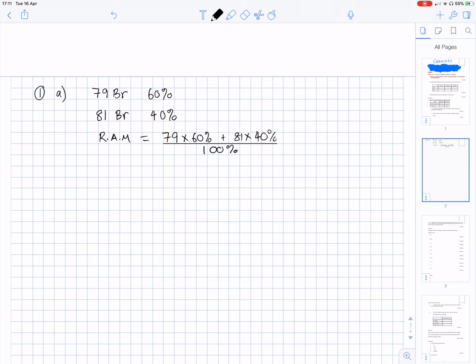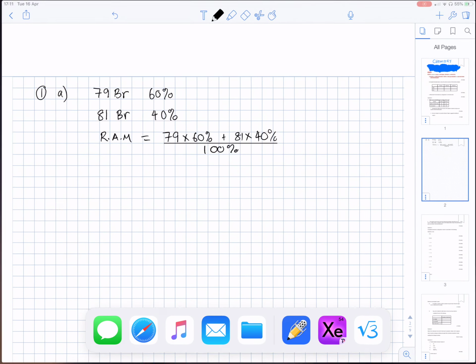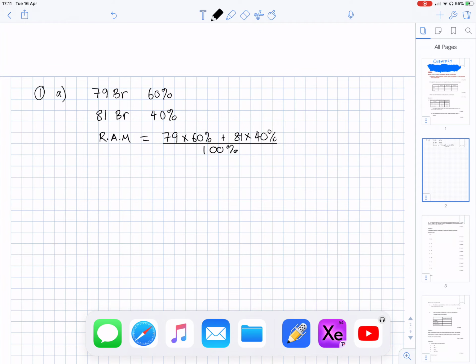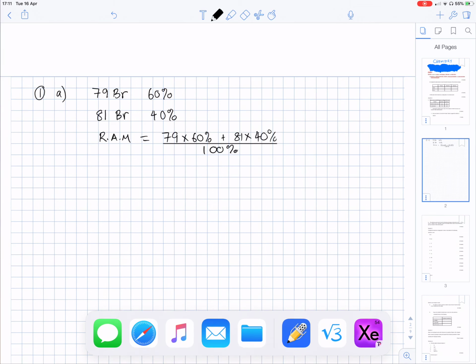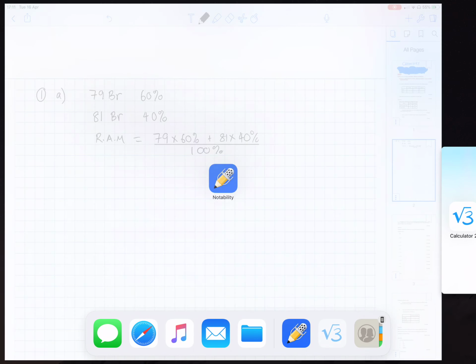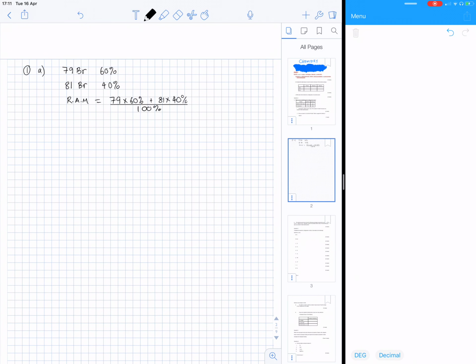So let's get the calculator out. I'll put the calculator over here, and then we're gonna do 79 times 60 plus 81 times 40 and divide that by 100. Okay, so the answer is